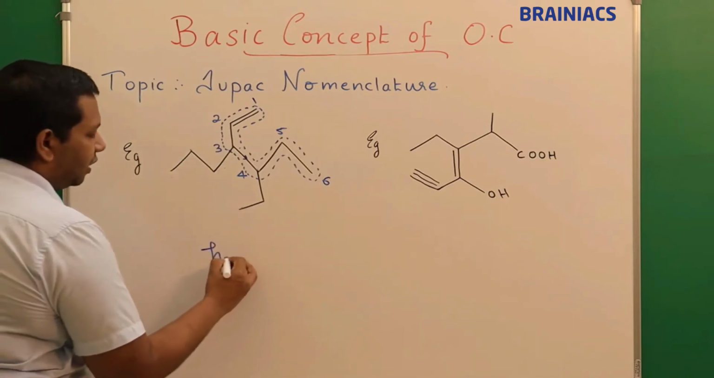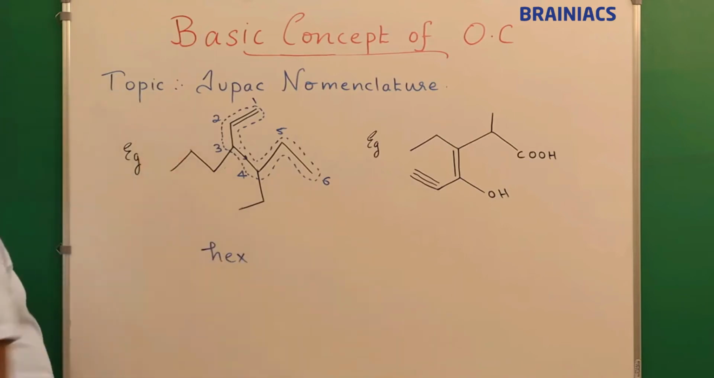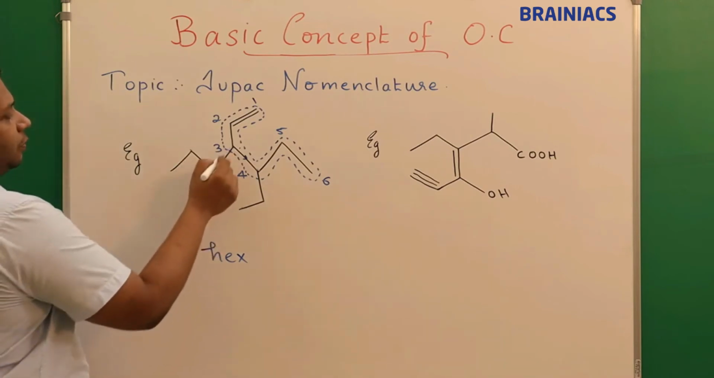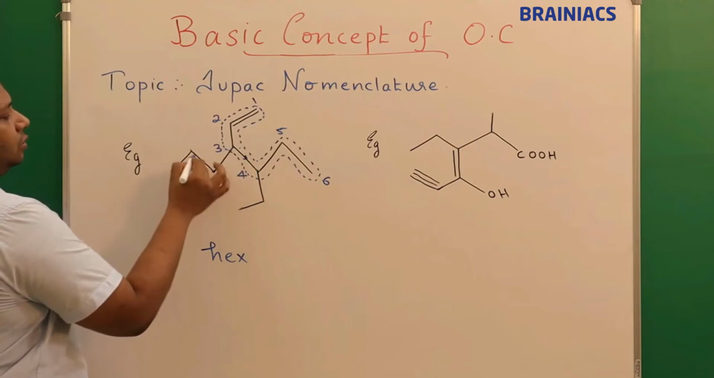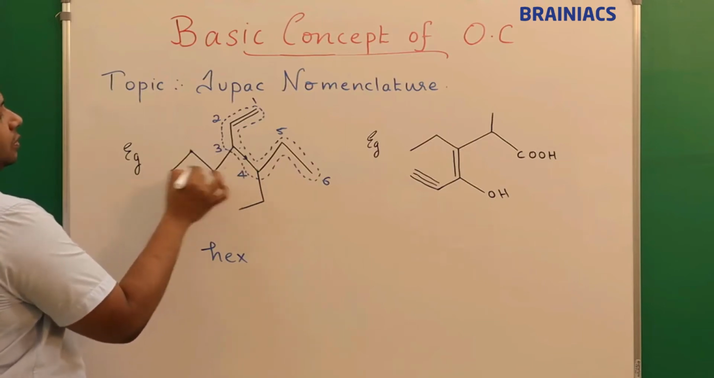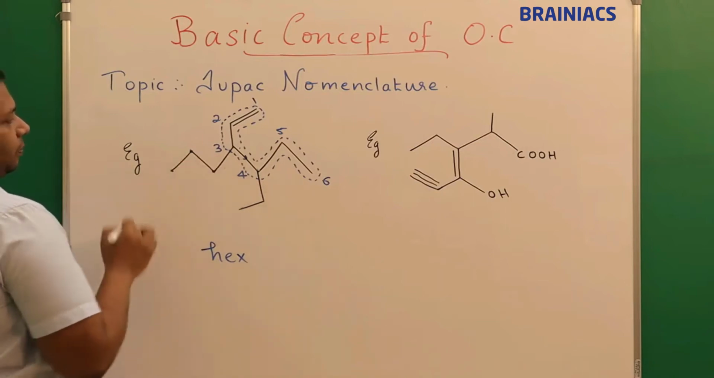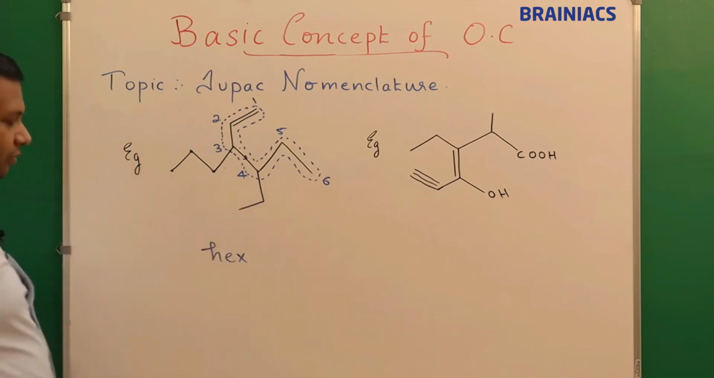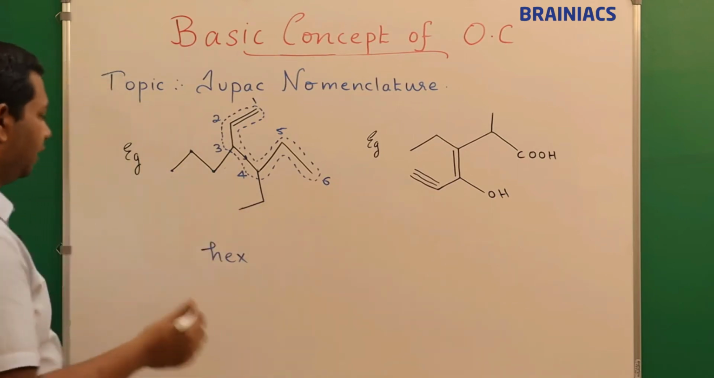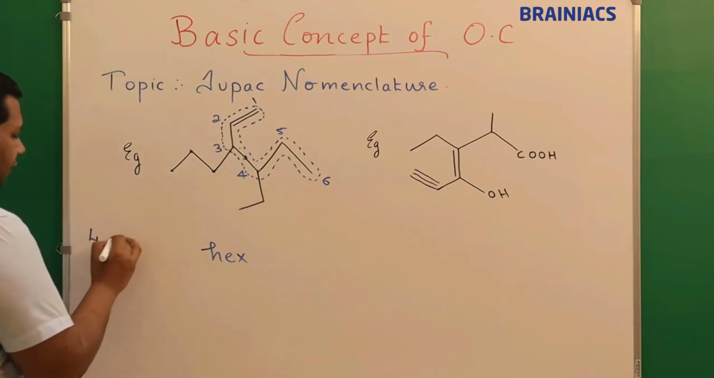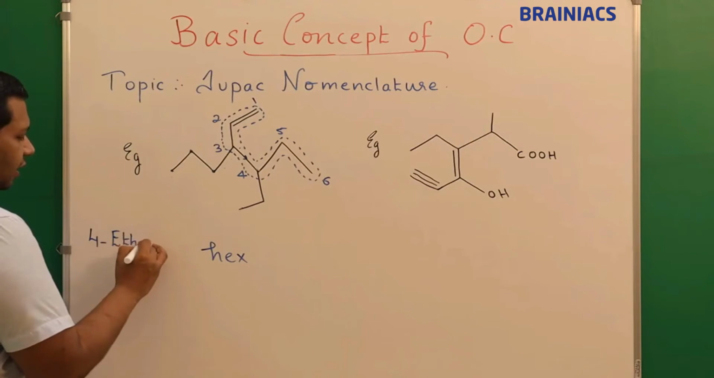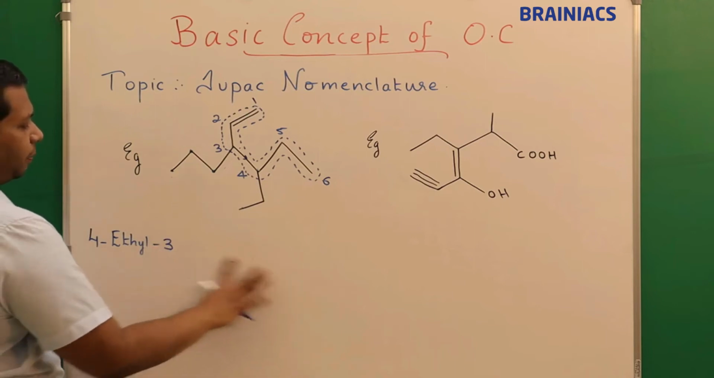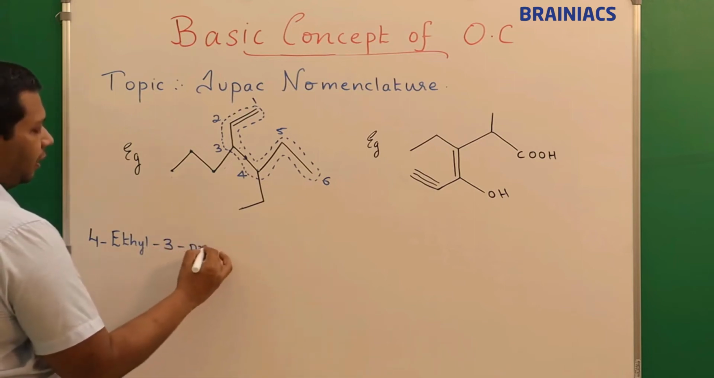So I will put the word root as hex. Now primary prefix is not there, secondary prefix will be there because there are substituents. At third position you can see what is there, 1, 2, 3, there is a propyl group, 3 carbon atoms. So I can say at third position propyl is there, and at fourth position you can see 1, 2, ethyl group. So who comes first in the alphabetical order? It is ethyl. So I can start with 4 hyphen capital E, ethyl. Okay, then hyphen third position I can say propyl is there, hyphen propyl,